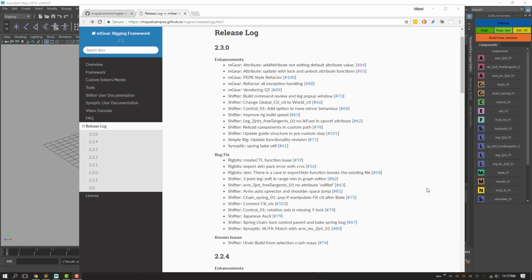This video is about the new version 2.3, and this version is mainly a big refactoring and maintenance update. We have some new features, some enhancements, and a lot of bug fixing, but probably you will not see any big change on this version. I would like to point out that everything is now refactored using the PEP 8 style, and we are also